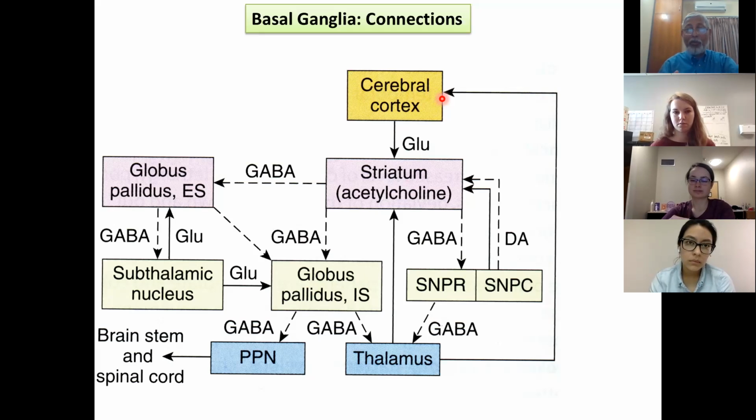But you see, when you start looking at the connections by yourself, at the beginning you may get confused. So how come this is doing this? Because these are all stimulating. You are stimulating globus pallidus, really, right? But by stimulating globus pallidus, you are inhibiting globus pallidus because your stimulation is with GABA. And here also, the globus pallidus to thalamus connection is also GABA. So the key is who is connected to what and what type of neurotransmitter is